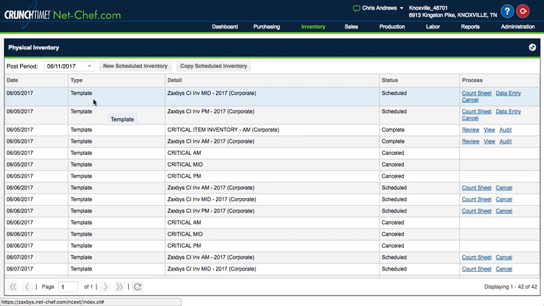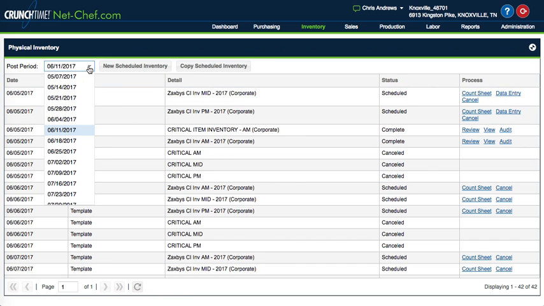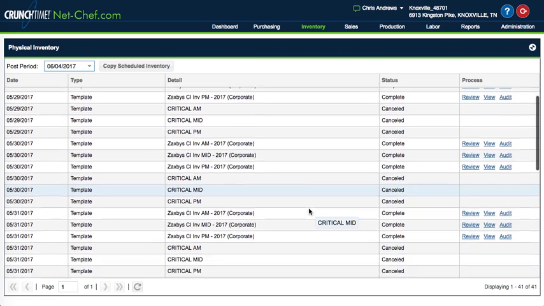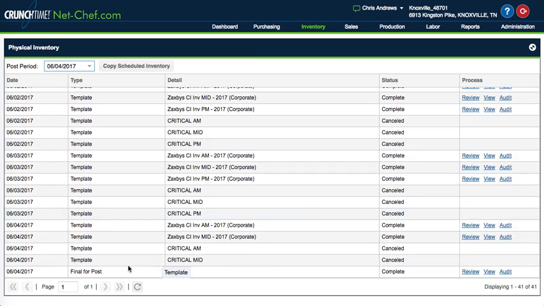example here. One thing you can do is make sure I'm reviewing last week's inventory since it was put in last night. I'm going to scroll down here and I can see final for post, and it's completed. They've posted that inventory. But one of the things that you're going to want to do, when you have counted your inventory and put in the data entry but you have not closed it out and done the final posting, is take some time to